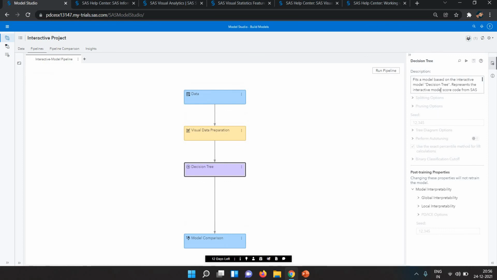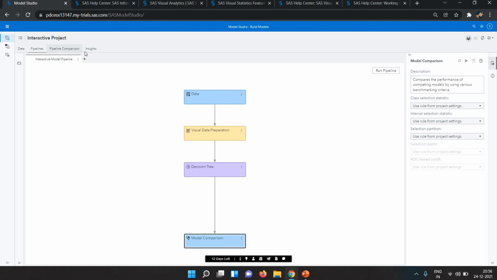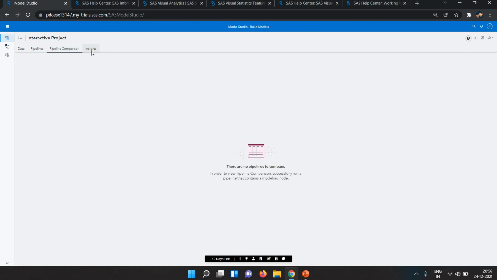Then the decision tree represents the interactive details. Then model comparisons are there, pipeline comparisons are there, and the insights. Right now there are no insights in my data, but no issue.